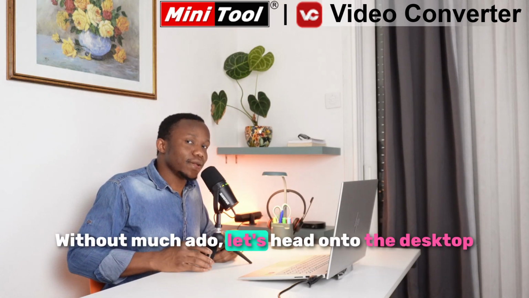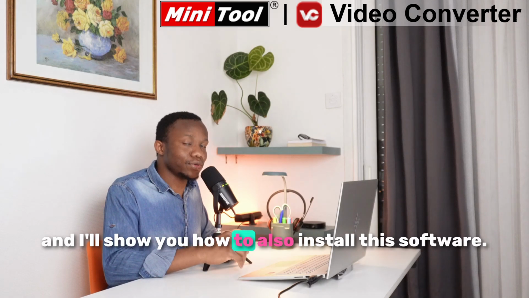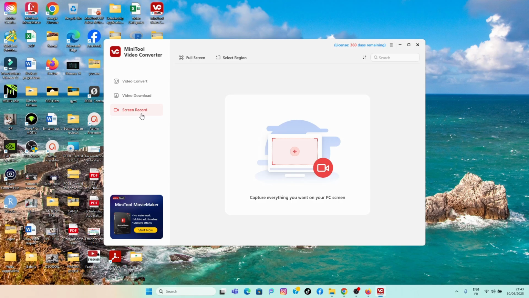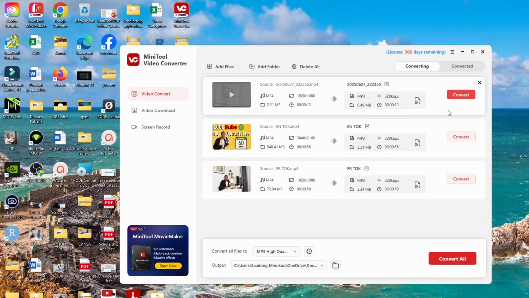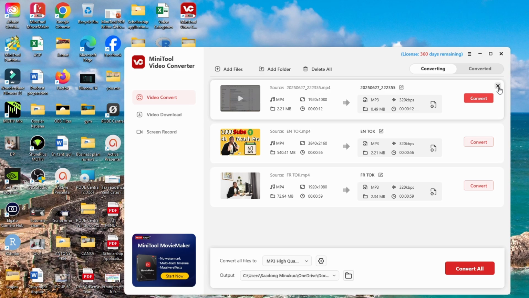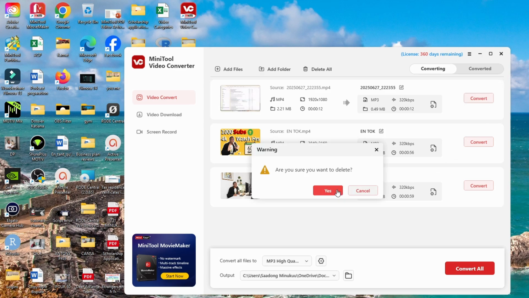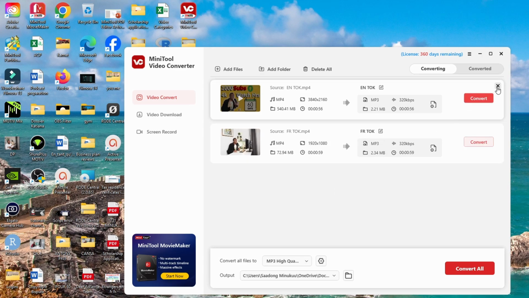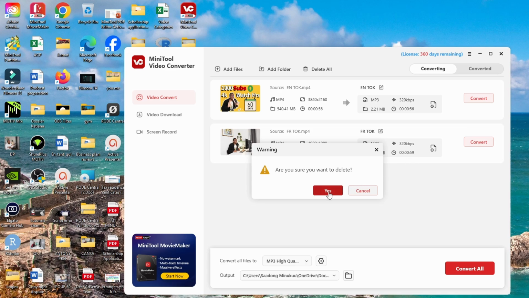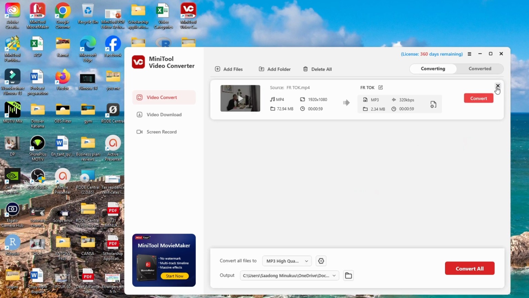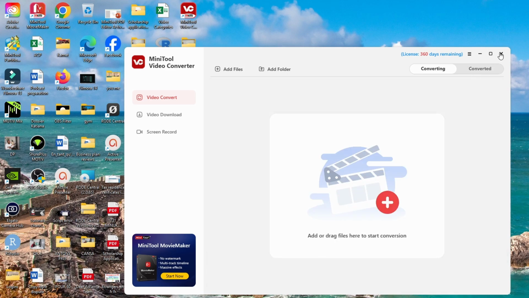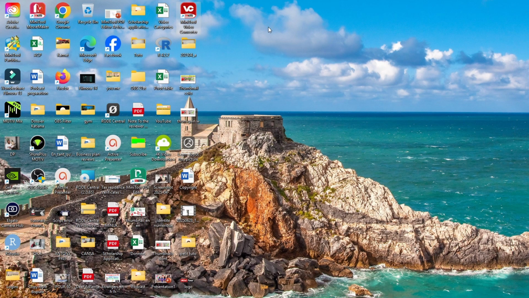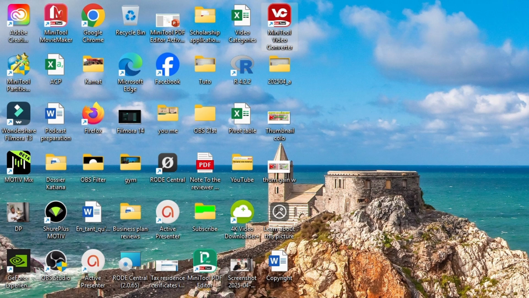Without much ado, let's head onto the desktop and I'll show you how to install this software. All right, so I already have it installed here, and for the purpose of this tutorial, I would reinstall it for you to see how it works. So you have the shortcut right here on the desktop. To install this amazing software, simply go to